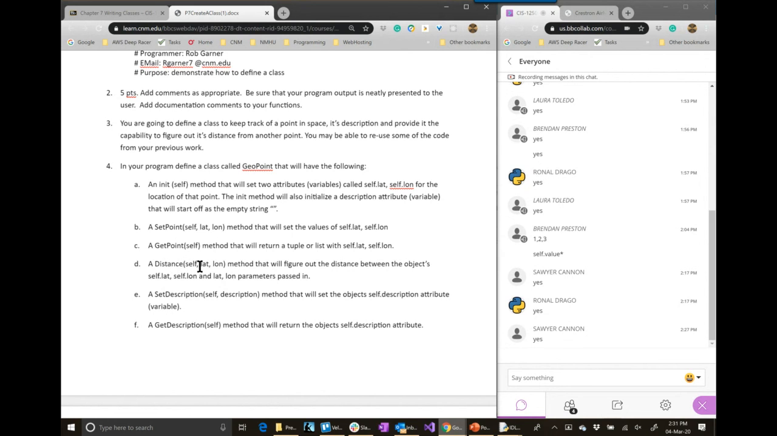And then you're going to make a distance method. This is basically going to be very similar to your current distance method, except that you're going to pass in a latitude and longitude, and this method is going to figure out the distance from self.lat and self.lon to this lat and lon. Does that make sense? So this lat and lon is not self.lat, self.lon. That's another point somewhere else. This class will already have a self.lat and self.lon, and so your calculation will be between